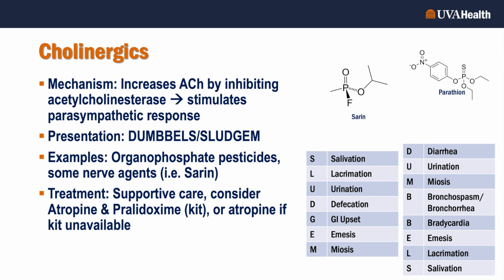and these are listed here in the charts on the slide. However, the really big factor, the predominant factor leading to death in cholinergic poisoning is actually respiratory, which is secondary to bronchospasm and bronchorrhea. So just excess sputum production, they almost experience a pulmonary edema-like phenomenon where they're almost really internally drowning. We can also see a lot of seizures in these patients, again, and that's due to the excess